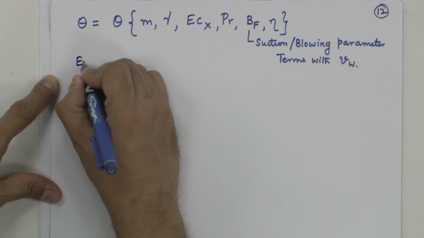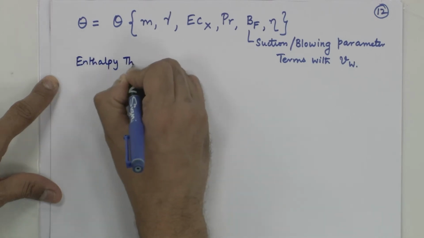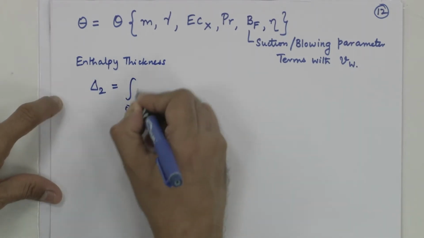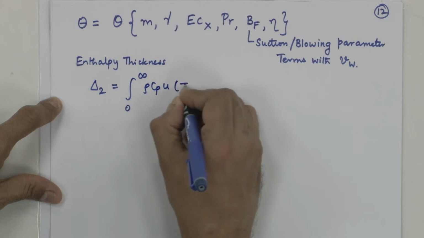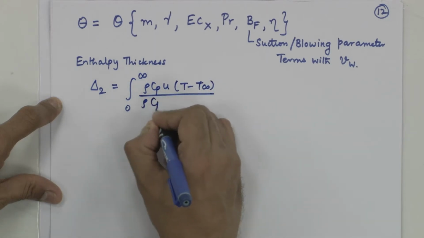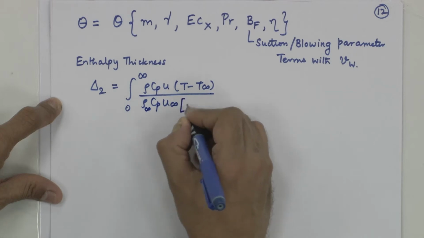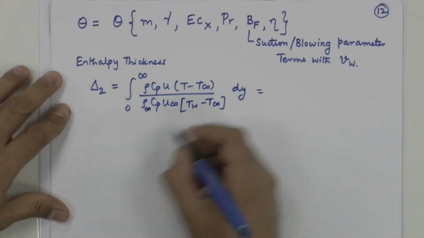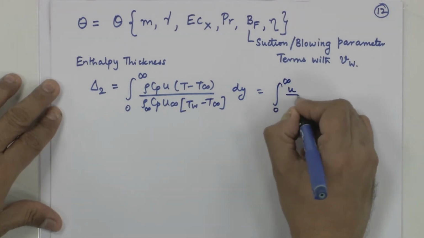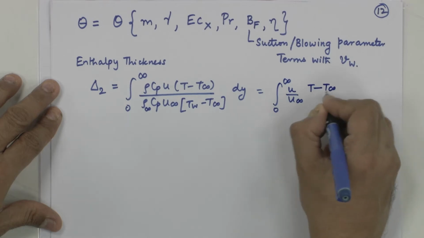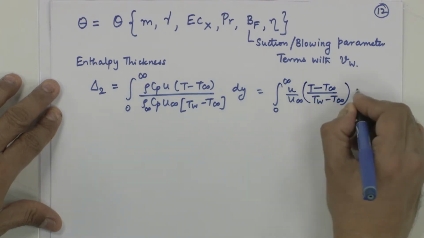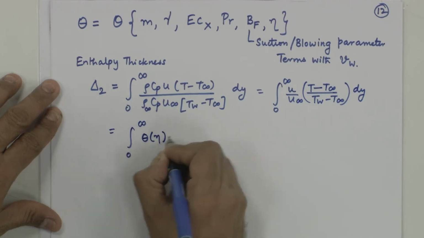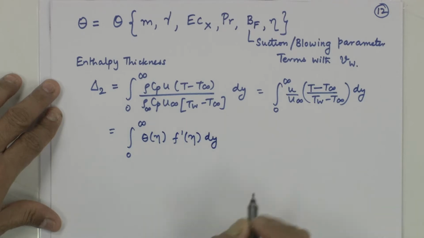We define enthalpy thickness. Just as momentum or integral thickness, this is integral from 0 to infinity of rho Cp u (T minus T infinity) divided by rho Cp u infinity, these are all infinity level properties, times (T wall minus T infinity) dy. When you cancel off the property terms, you will get integral from 0 to infinity of u by u infinity times (T minus T infinity) divided by (T wall minus T infinity) dy, which can be written as integral from 0 to infinity of theta of eta f prime of eta dy, and